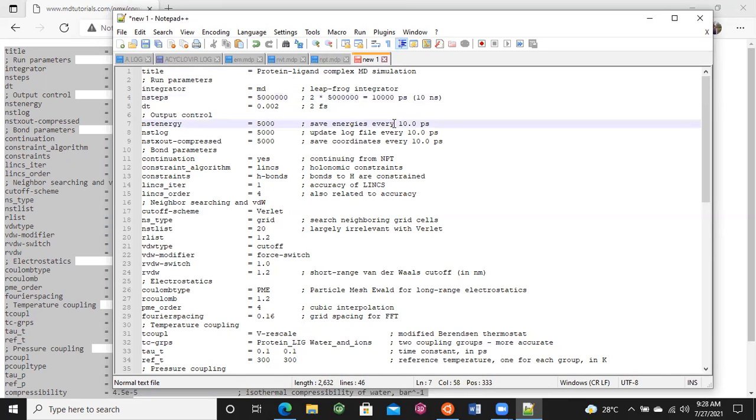For this, we can simply calculate that this many steps means 5 lakh steps.